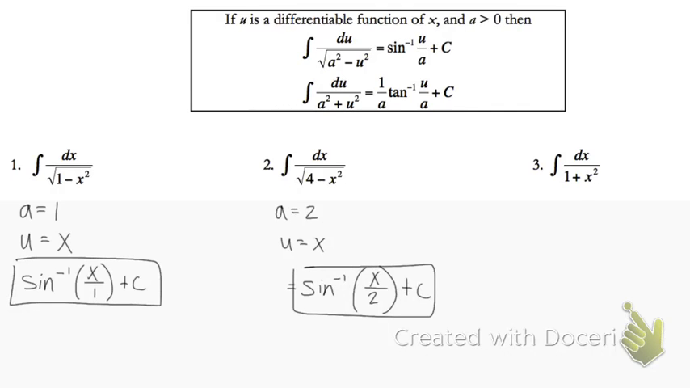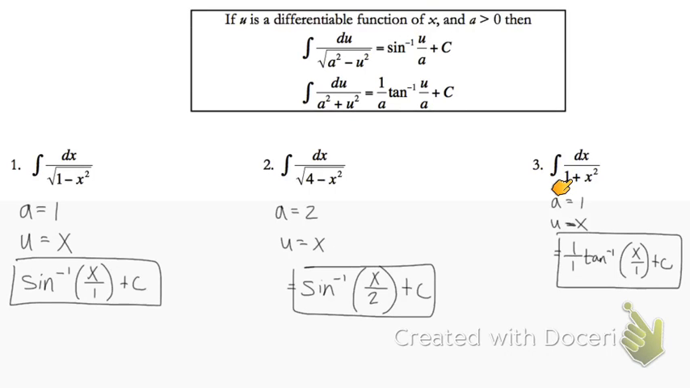And last but not least, this one does not have a square root in the bottom, so I don't think it's sine. I think instead it's tangent. So my a value is 1. My u value is x. And if I plug those into the right-hand side of the equation, I get 1 over 1 times tangent inverse of u over a, which is x over 1, plus c. Final answer. So obviously you can have different combinations in here, besides just 1s and 2s and things like that,